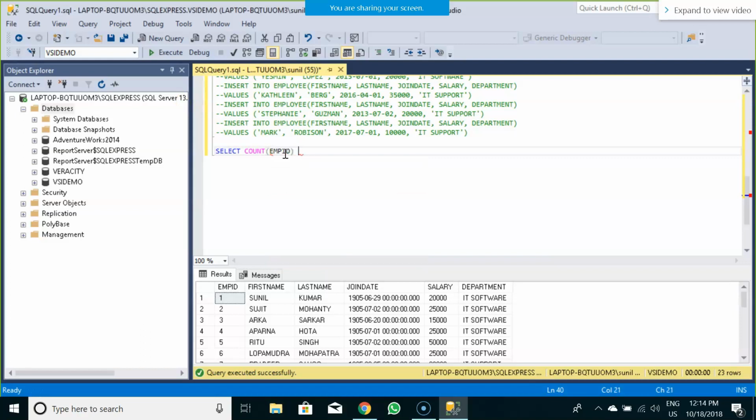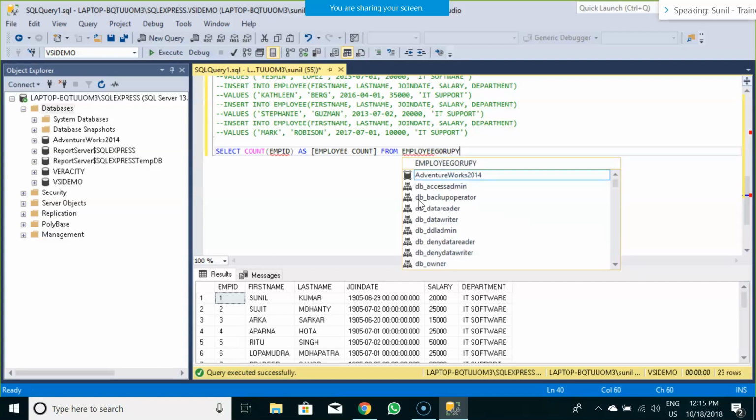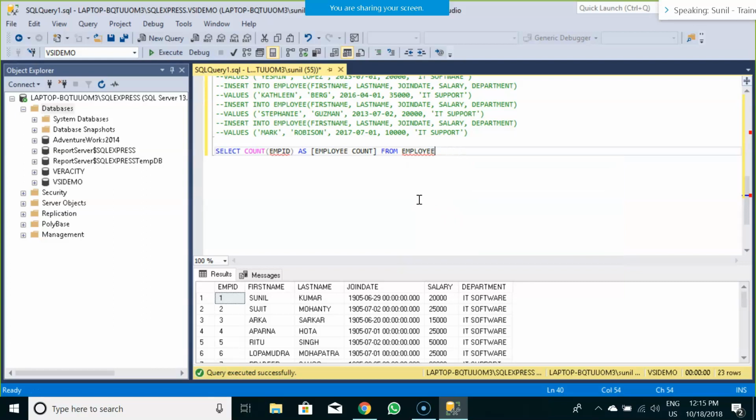We are counting that particular employee ID and creating an alias of it. Let us consider the alias is employee count. This is the column name that would appear when this query returns results from the employee table, and it would group by department.